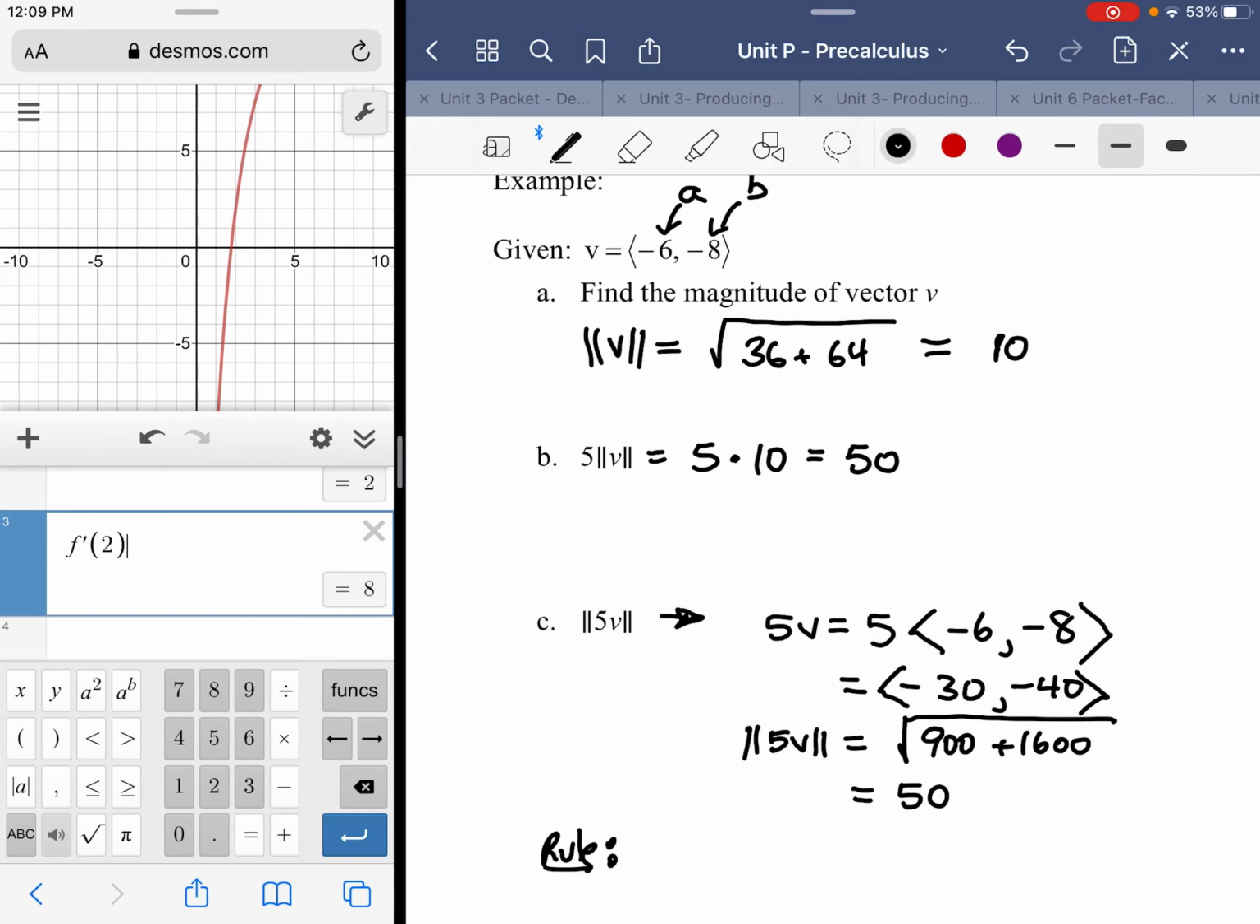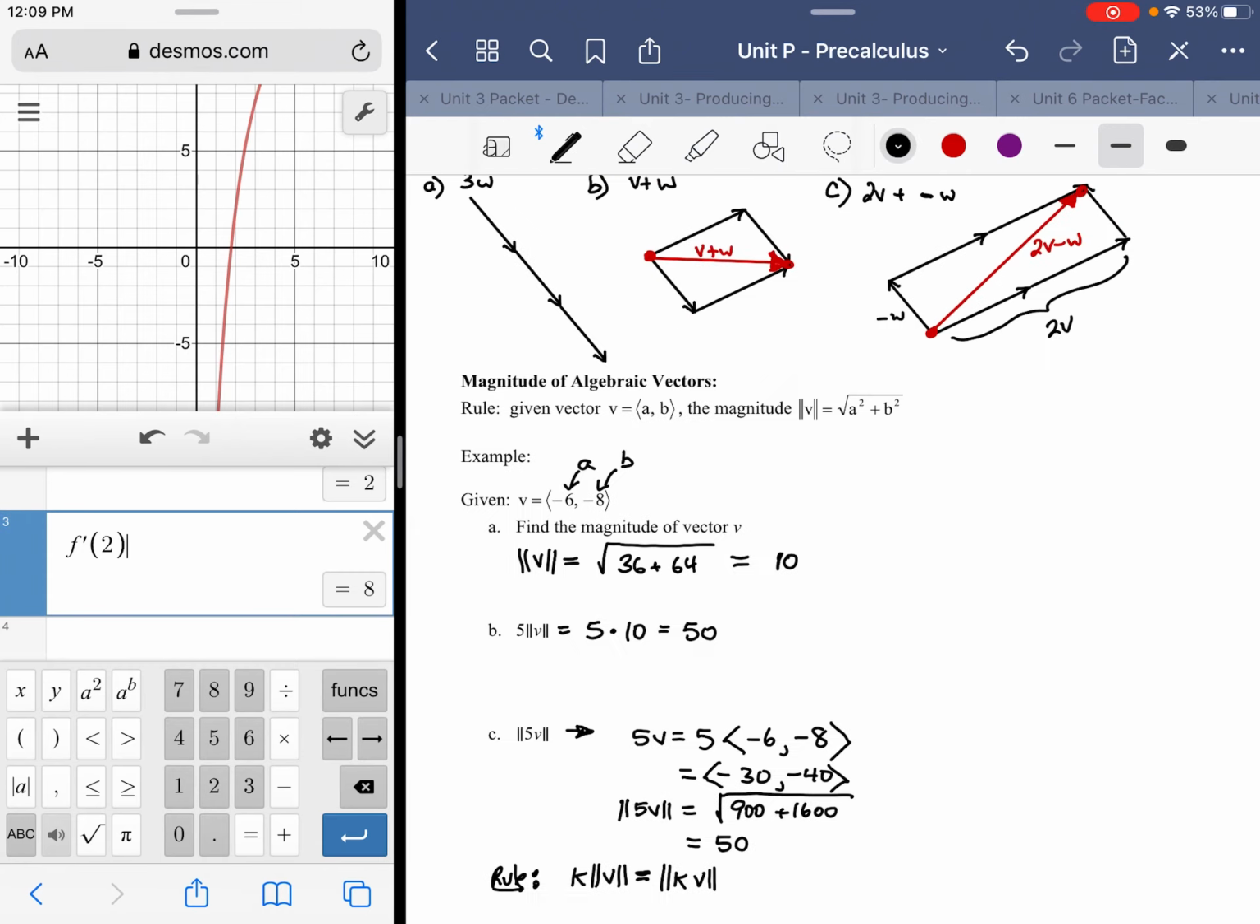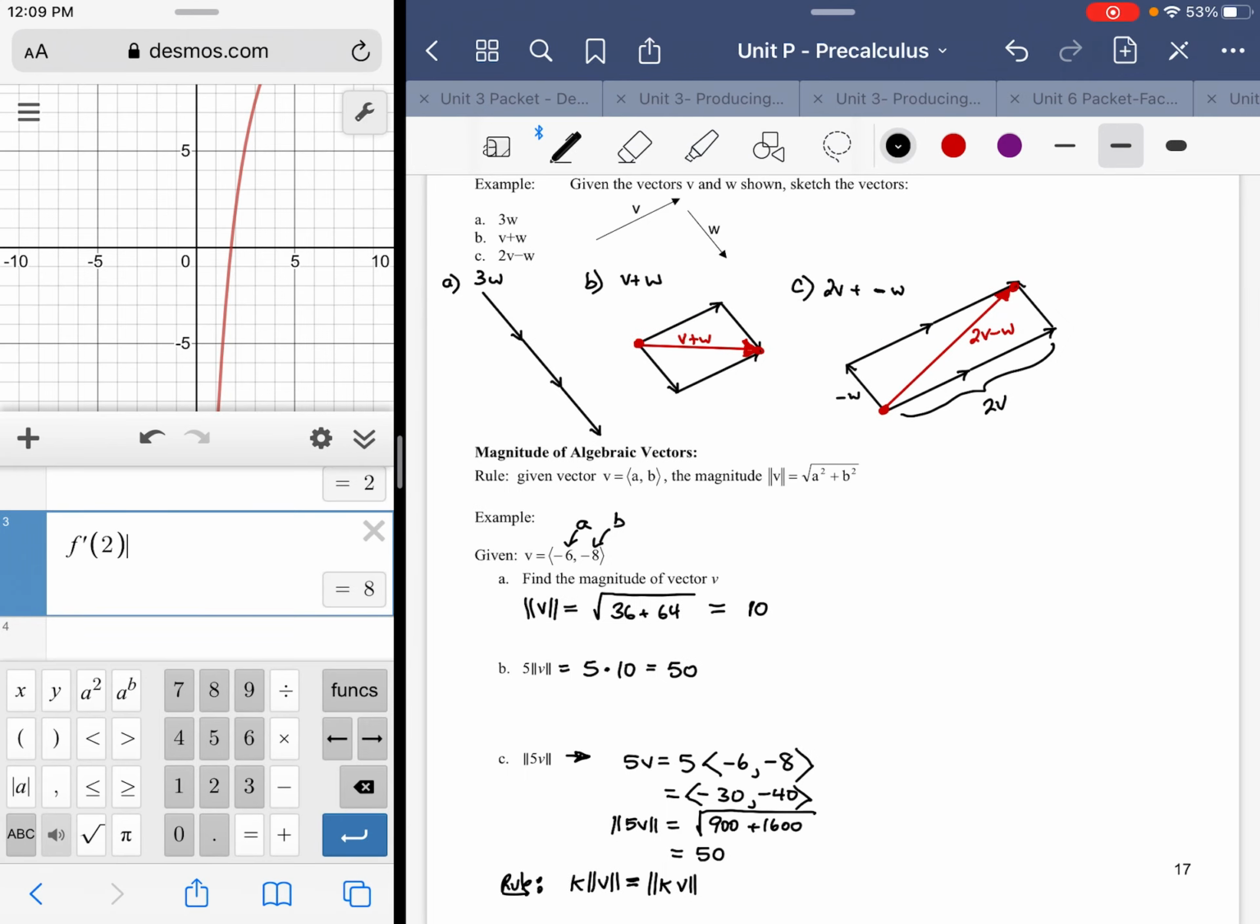So we get a new rule, and that rule, now we haven't proved it, but we have demonstrated it, is that if you have some factor k multiplied by the magnitude of a vector, that's going to be the same as